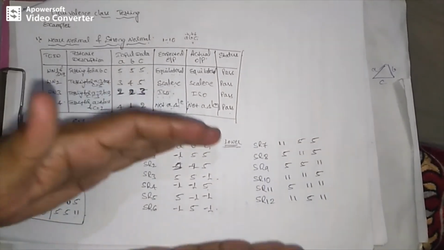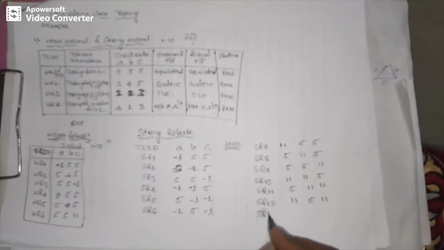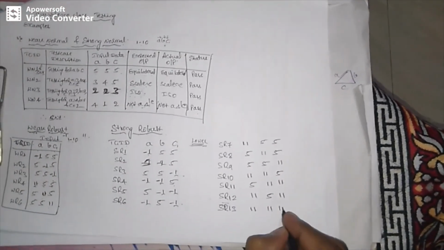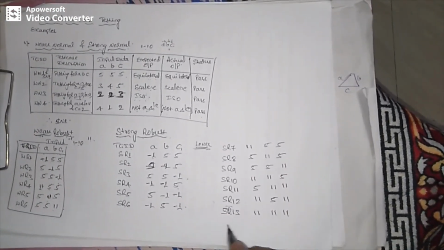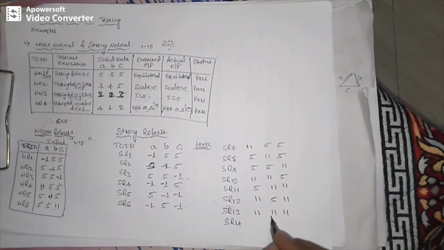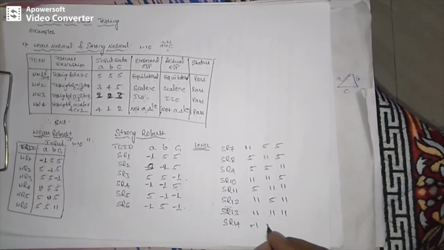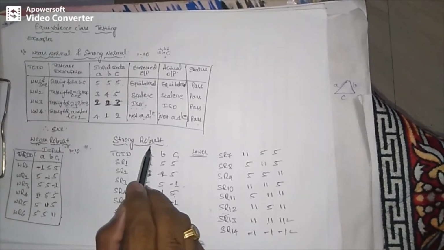This is the higher corner. If you are combining both together, then in total 12 test cases you are going to generate. And if you want one more test case, in some textbooks they have mentioned that for multiple fault assumption, 11, 11, 11, all the inputs can be invalid inputs. One more test case you can write; this is what I have written for the upper corner. Similarly you can write it for the lower corner also, -1, -1, -1. This is also a multiple fault assumption for the invalid input variables under strong robust for a triangle problem. This is about how we are going to write the strong robust test cases.